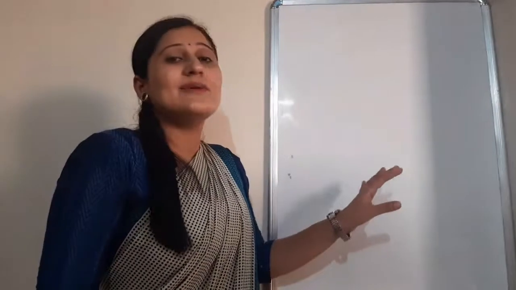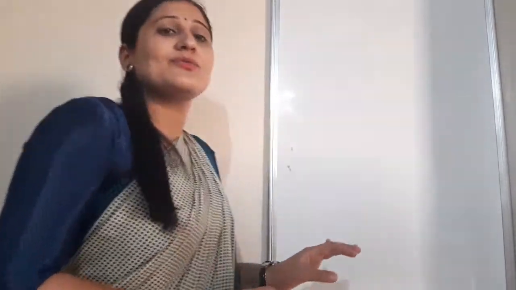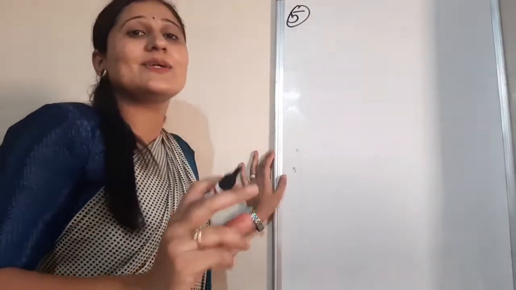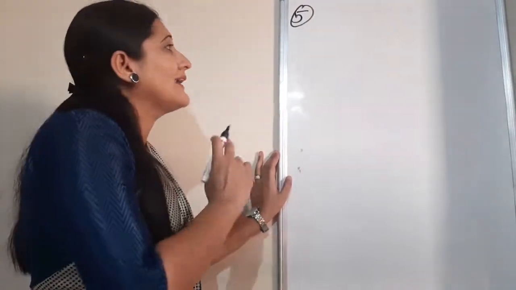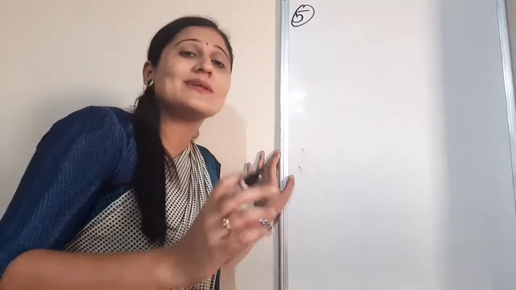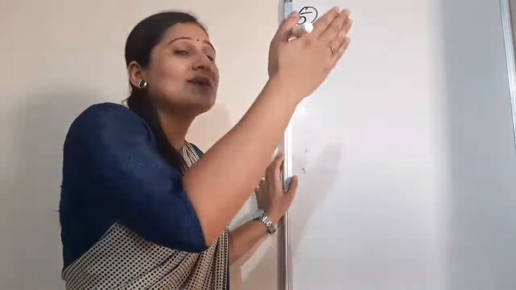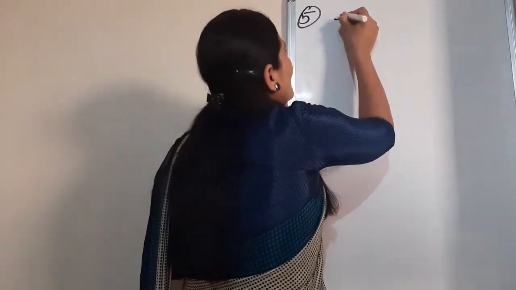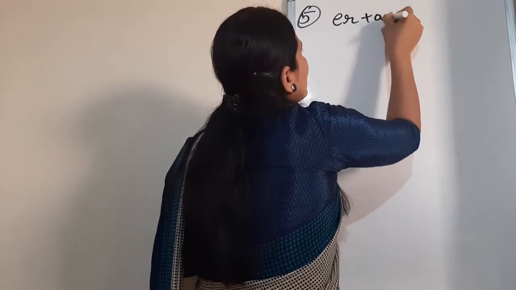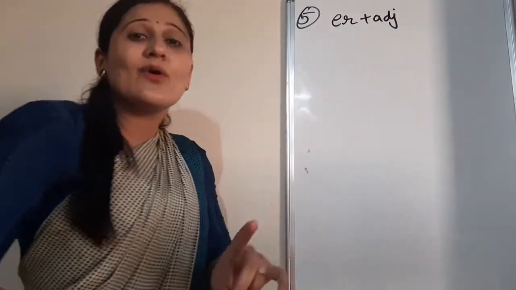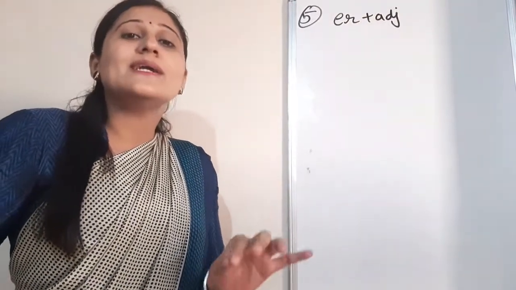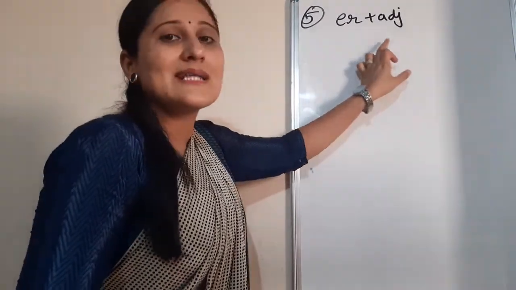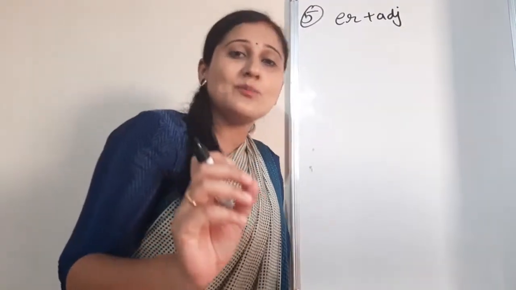Alright, now we have seen the fourth rule. Let's have a look at the fifth rule. If we delete not so adjective as for negative and as adjective as for positive, then what to add when we convert from positive to comparative degree? Let's see that we need to add er plus adjective. See, in common information I have already given, right? Again I am repeating, we need to write er plus adjective if adjective is small.